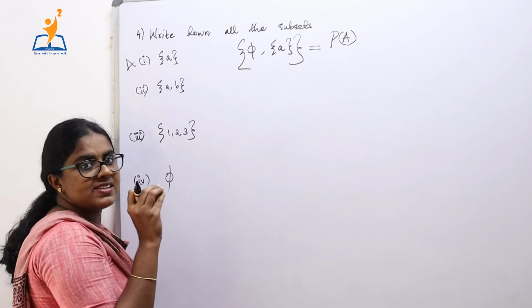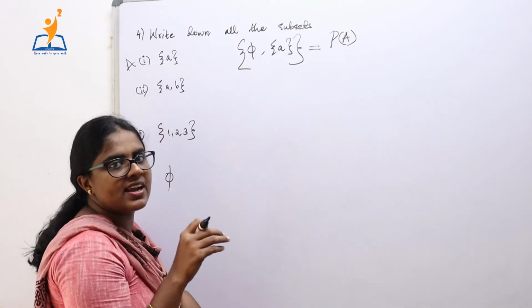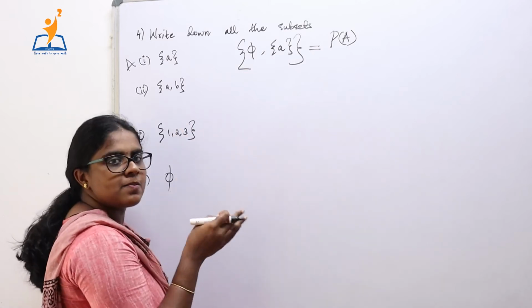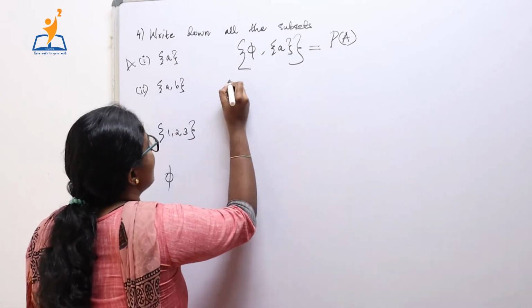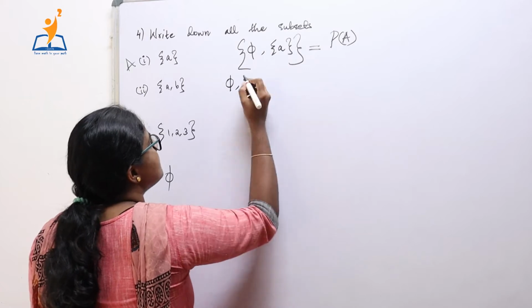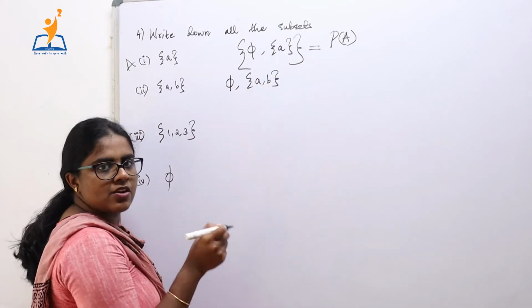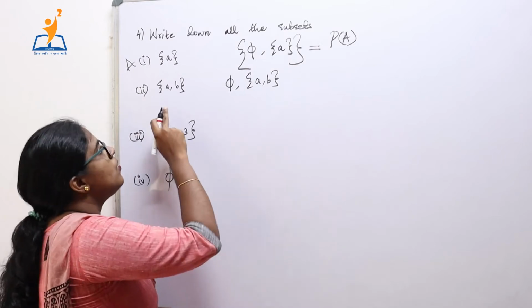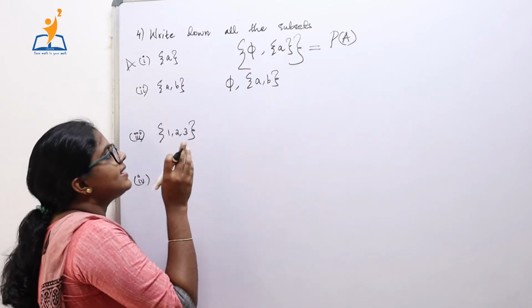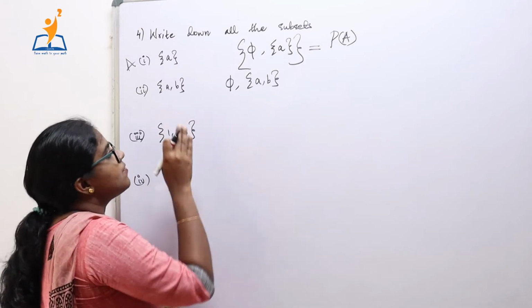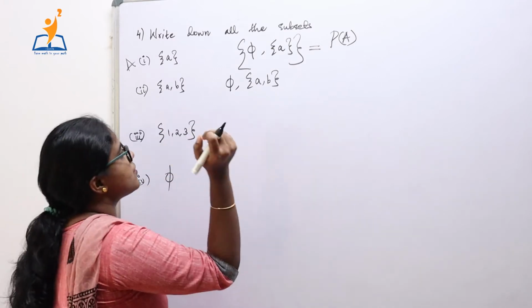Here we have set {A, B}, that is the set which contains 2 elements A and B. Which all are the subsets of this particular set? Always remember that empty set and the set itself is a subset of every set. Now which are the singleton sets? That are the sets which contain only 1 element, which are the singleton subsets of this set.